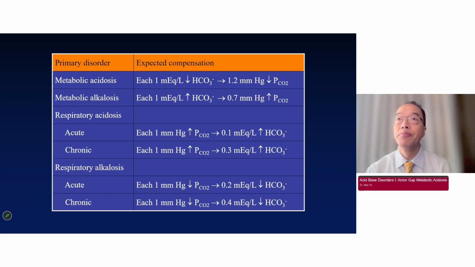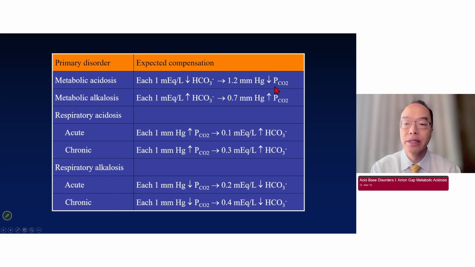So there are a number of ways of doing this. This is one. There are tables that you can use to look up the expected compensatory response to a primary disorder. So, for example, here we're showing that in a metabolic acidosis, it is expected that as the bicarbonate drops,